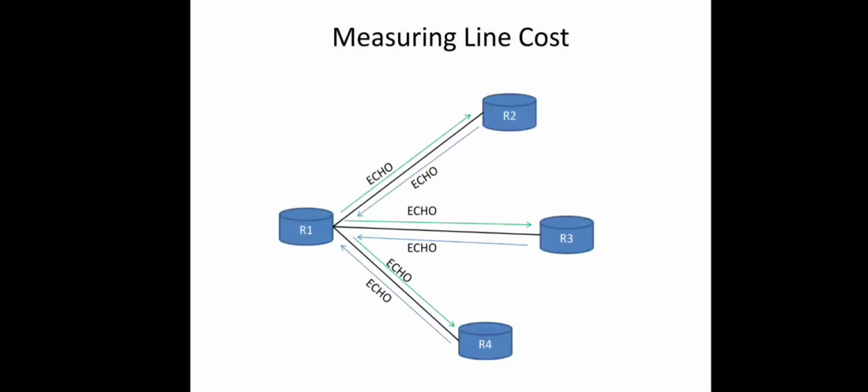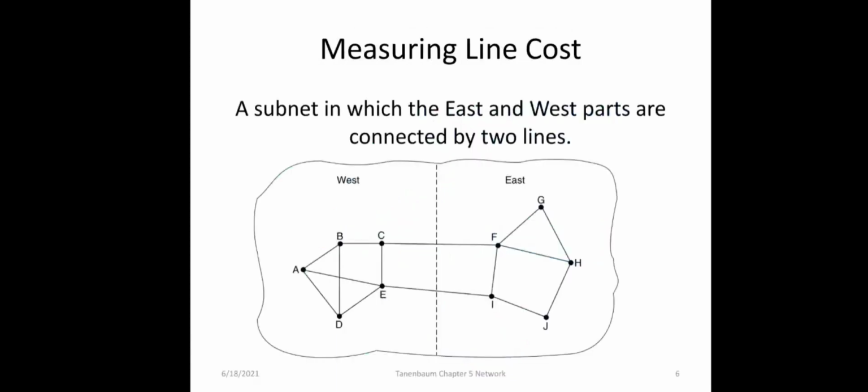Otherwise, to ignore the load, the timer can be started when the echo packet reaches the front of the queue, right? That queuing time can be ignored. Considering the load has an advantage: if there are two different lines of the same bandwidth, then the unloaded or lightly loaded line can be chosen. But there are some arguments against this consideration of load also. Let us see an example for that.